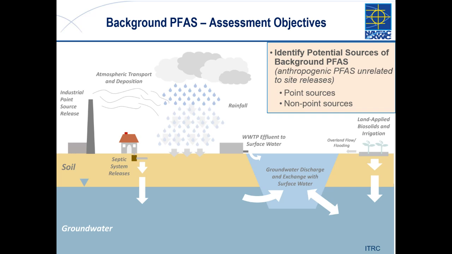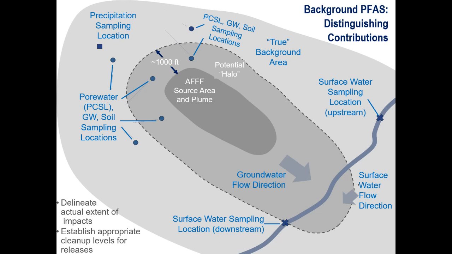And then slide 47. 46 was a profile; here's a plan view, you're looking down. Here's a stream. Here's that AFFF source area and the plume in the middle. It talks about putting some of these things around there, and you're going to put a precipitation sampling location in there to see what nanogram per liter is showing up in the rainfall. And there are some of these pore water suction lysimeters that Charles talked about, in that light gray, that true background area. And then going into the stream, you're going to do an upstream and a downstream. Okay, well, let's go to slide 48.